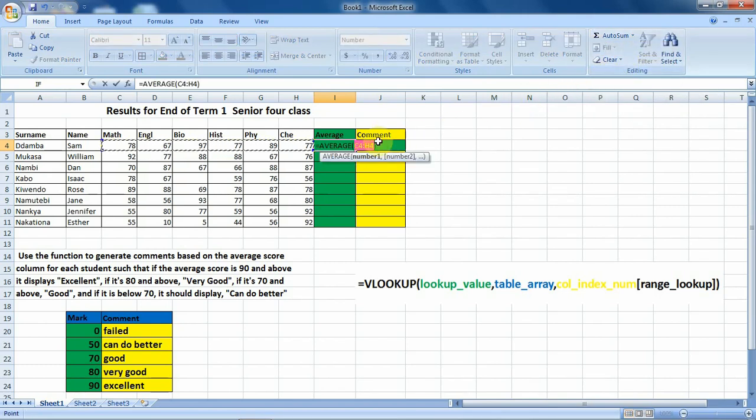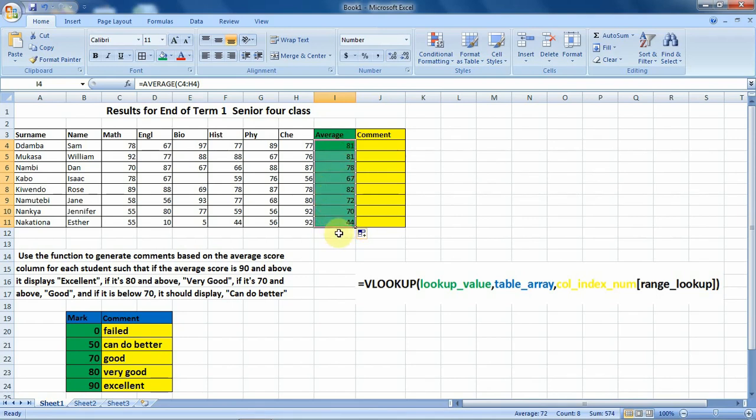When we select it, we can see the range of cells already selected and our function inserted in this cell. Next is to press the enter key. When we press the enter key, this average is already calculated. We shall click inside to fill the function and let the rest of these cells get calculated. So we have our average calculated.